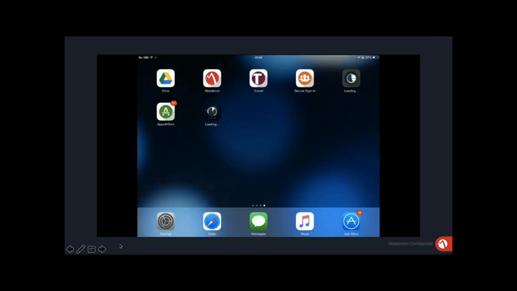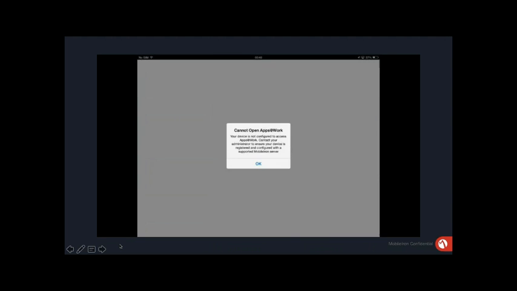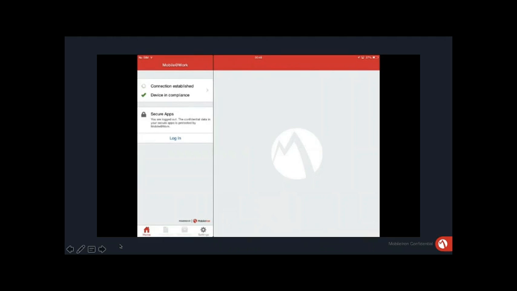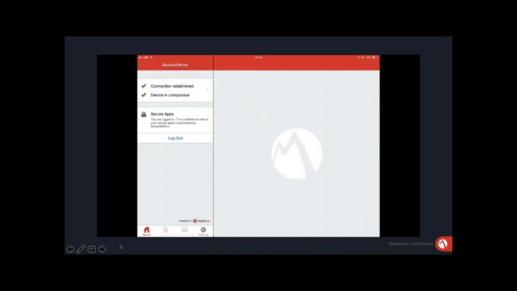So the most important thing now is we've been talking about applications and so on, and the Apps at Work piece here. So I'm going to open Apps at Work, which is a container that holds all the applications that I have been approved to download within the corporate environment. Because it's a secure container, I'm required to put a password into the device to provide me access, and it's one that the user will have to remember in order to continue using it at a later date and to download apps in the future.